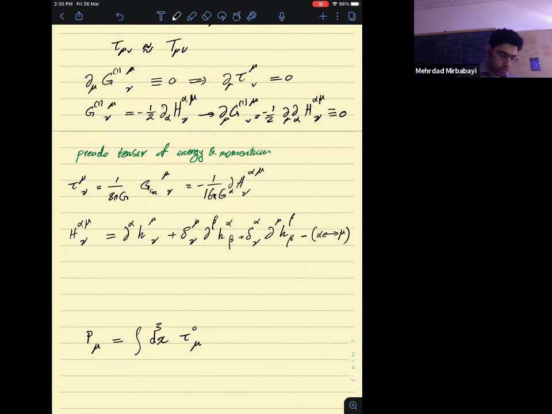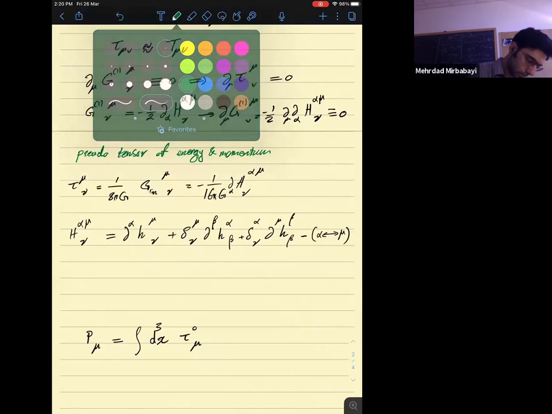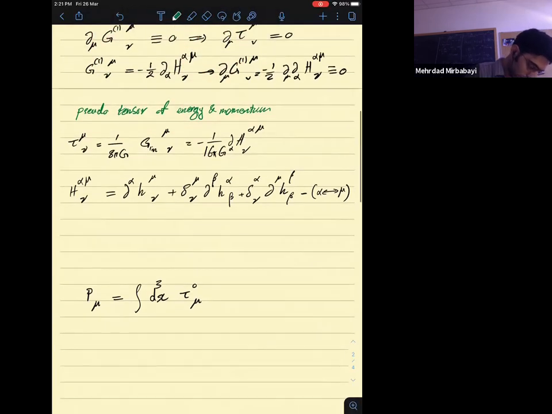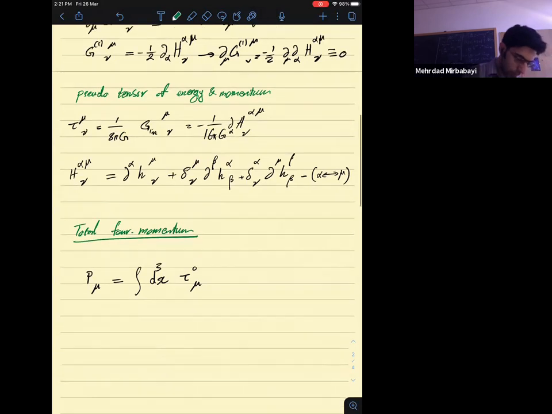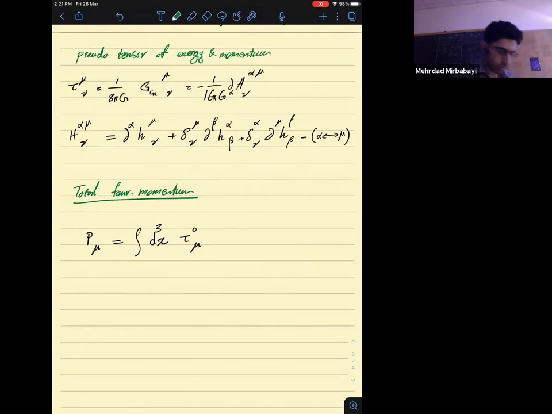Okay, so now why is it important? Because now we define the total momentum in terms of this integral of tau mu nu, or tau is the zeroth component of tau mu nu. This integral can be reduced to a surface term. So this becomes